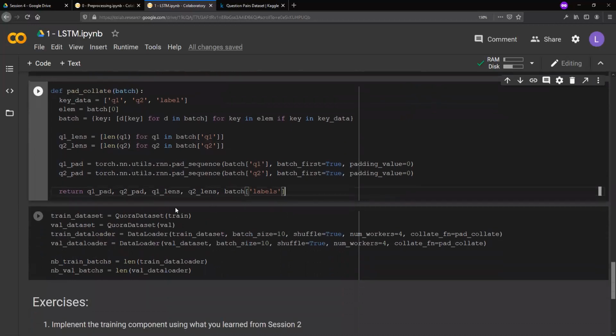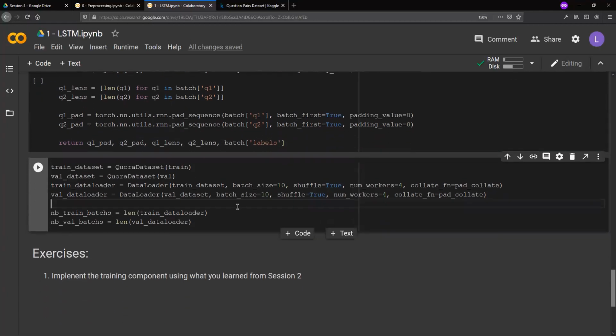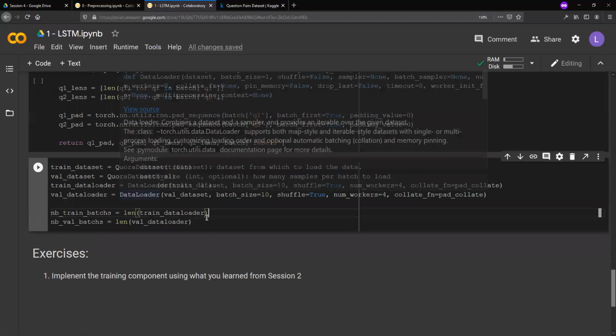And then before we do anything, we pad all our sentences with a 0 value and return our padded value as well as our lengths and our labels. I provided the starting positions of defining the data loader,